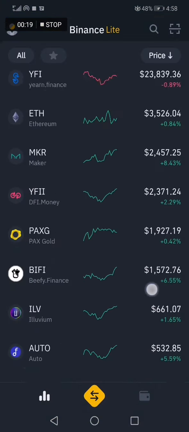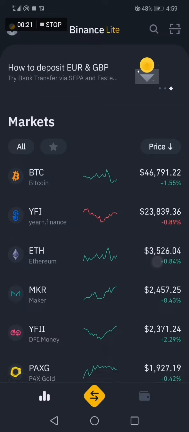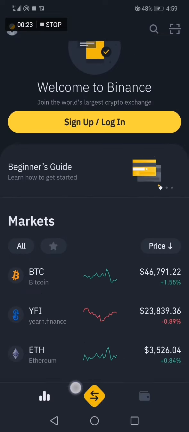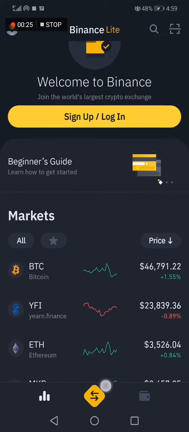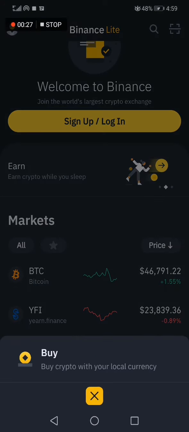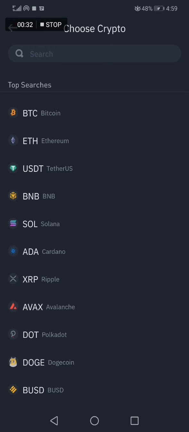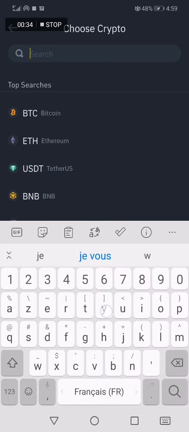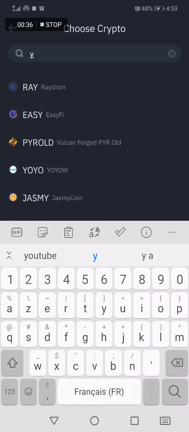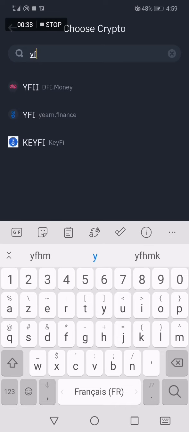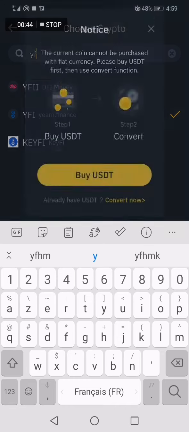As you can see, this is the home page, and now you go down below here, click on this option down below like this and click buy. And now let's search for the coin, Yearn Finance, and here it is. Now you click on it like this,